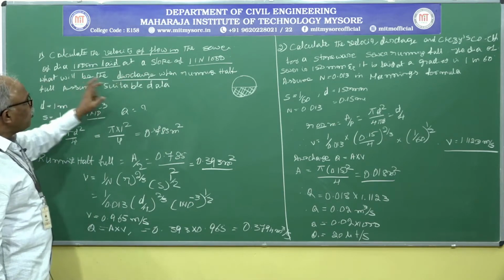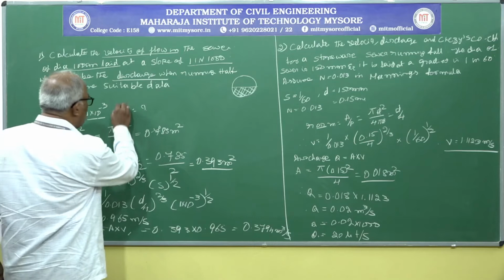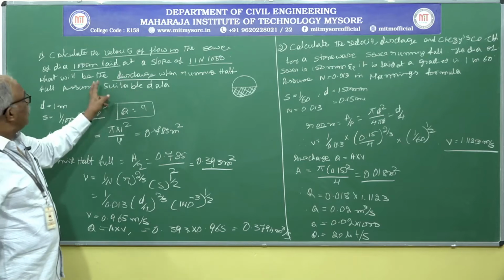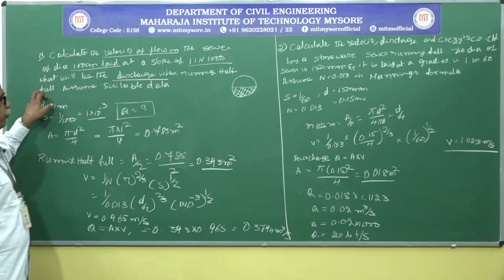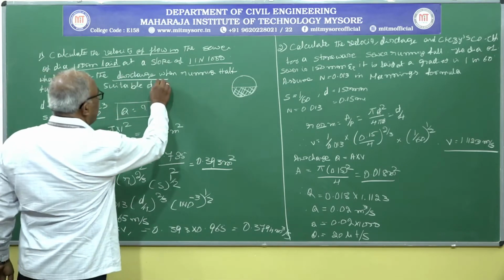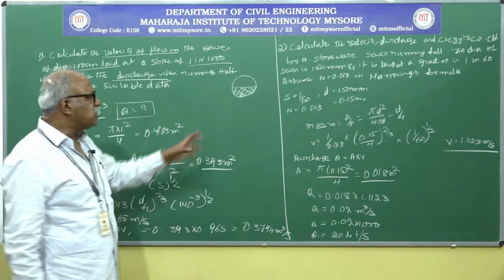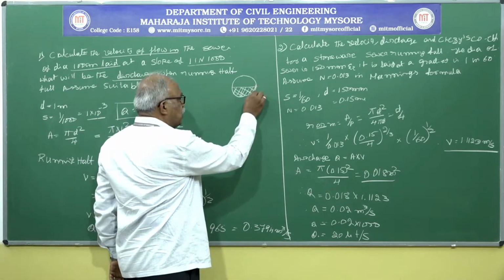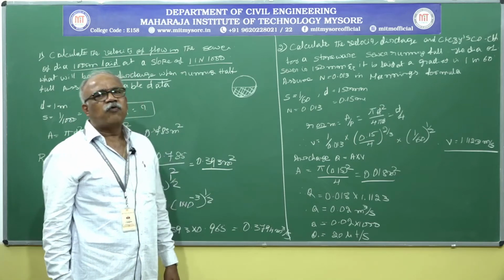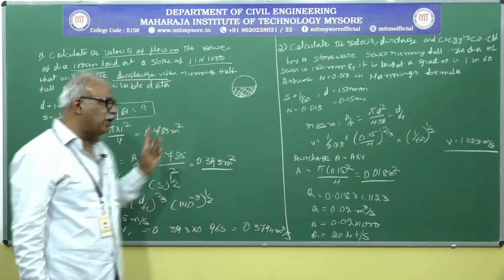Next, what will be the discharge? According to the problem, we have to calculate the discharge, that is nothing but Q. Discharge with running half full, and assume suitable data. What remaining data you want, as per the standards, you can assume it. According to the problem, only half portion of the wastewater will be flowing in the half portion of this diameter. The diameter is 1 meter, already given.